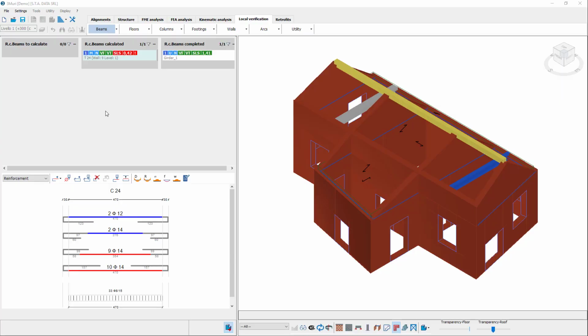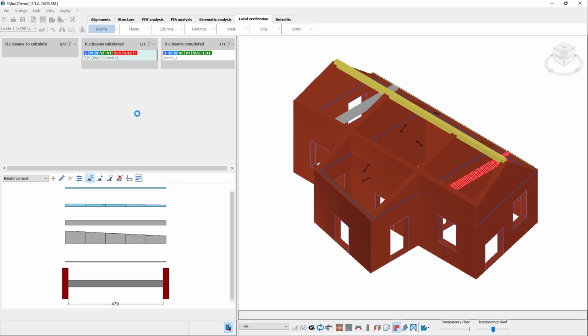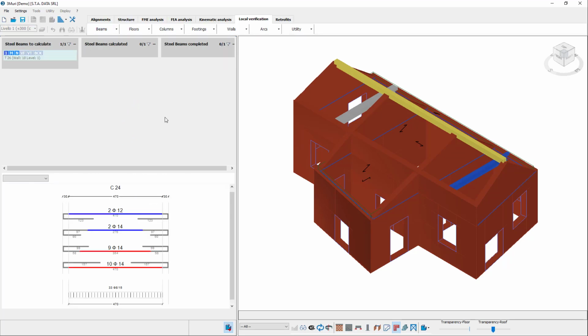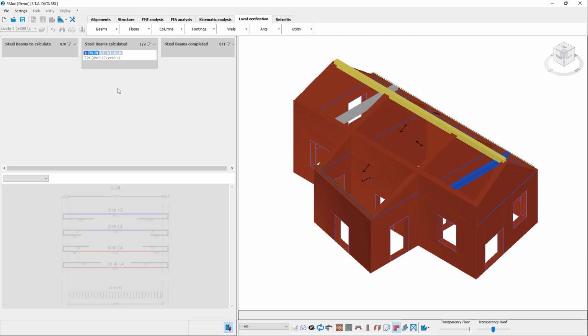For the case of steel beams, the procedure is going to be quite similar. As we see here, we're going to have two options: to introduce a new steel beam or include all the steel beams that are located in the model. When we do this, we just click and select it. We are going to see that automatically the program is going to load all the information regarding the beam, and as we see here, we're going to be able to just drag and drop it